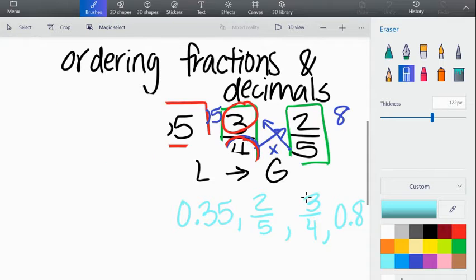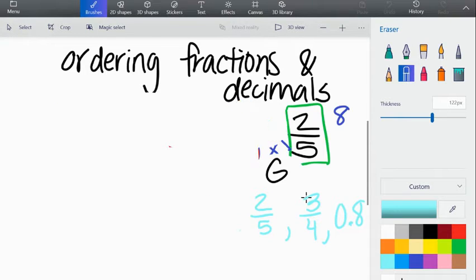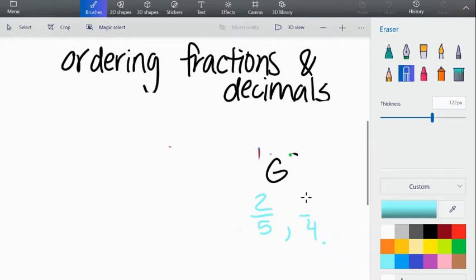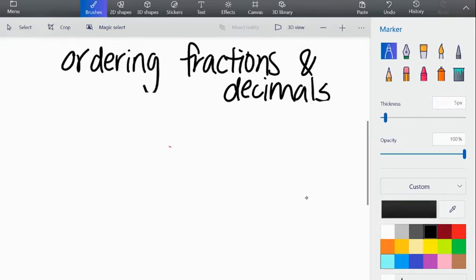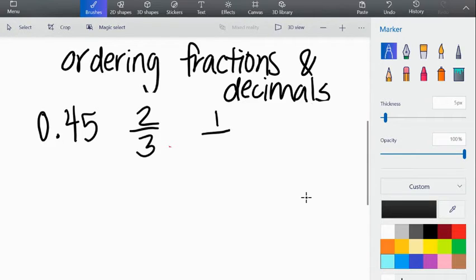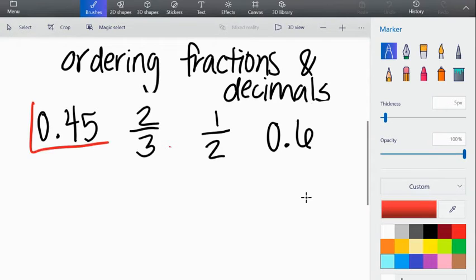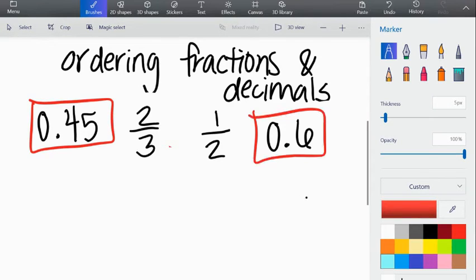Let's do a couple more. We'll do one more set. This is what you guys are going to work on in small group today. So let's start with 45/100ths, 2/3, 1/2, and 6/10. So as we know, if I'm looking at our decimals here, we want to line those up by place value